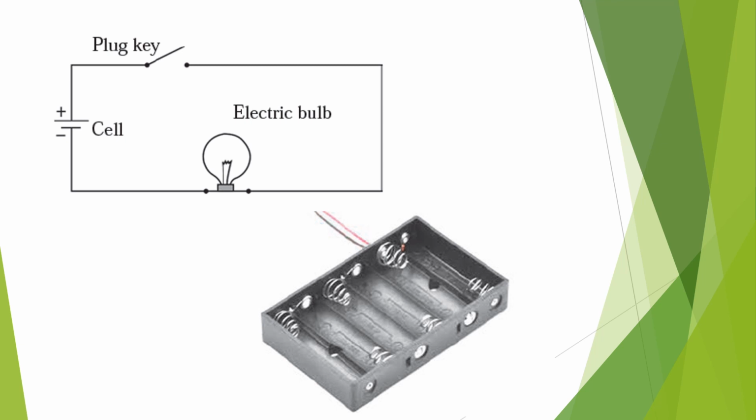Okay, so when will electricity pass through the electrical circuit? When you have the electric bulb, when you have the plug key closed, and when you have cells in the cell holder properly arranged in the required form. Okay, so when you have electrical bulb, a closed plug key and cells in the cell holder, when all of them are connected with the help of connecting wires, at that time you have electrons moving, because of which electricity will be generated. Such an arrangement is called an electrical circuit.